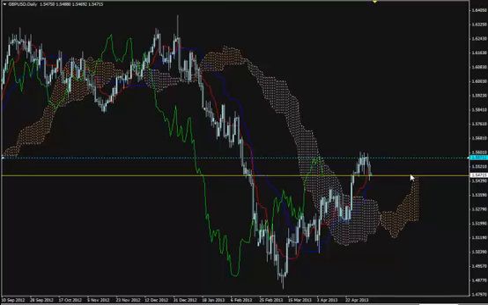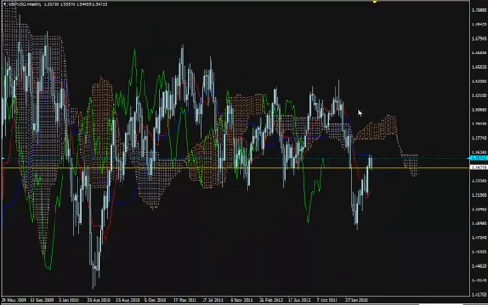So we should expect this correction to end at any time soon, and the price to resume its upward move. Now, let's go to the weekly chart. The weekly chart shows that